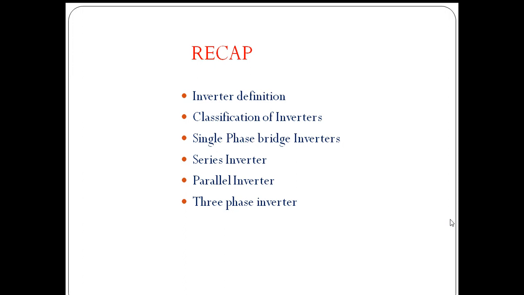In the previous class, we started our discussion in chapter 3 with respect to inverters and cycloconverters. In this, we mainly focused on the inverter. Actually, an inverter is a device which converts fixed DC into variable AC. The variation in AC is with respect to the magnitude of voltage and its frequency. Then we came across the classification of inverters.